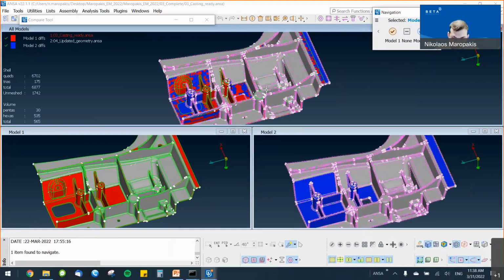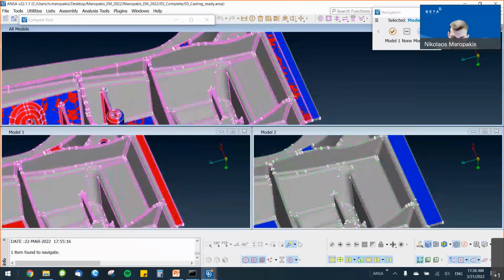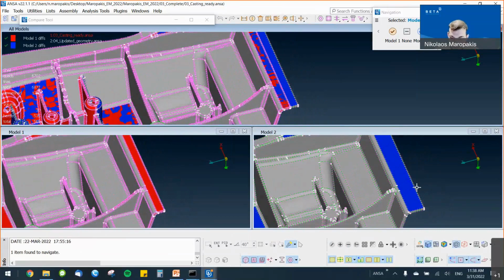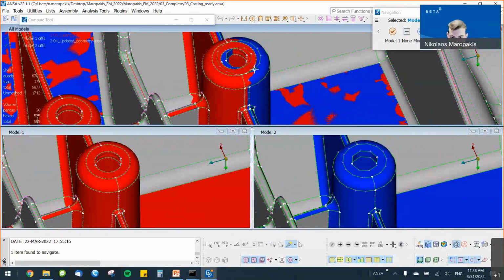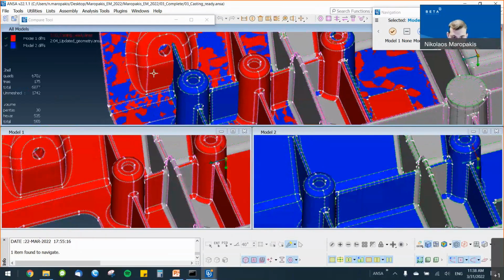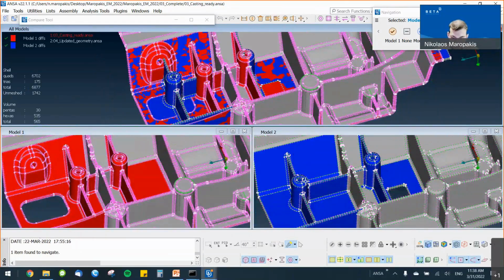Here we can see the one on top of the other, and we can see here, for instance, that this area is colored because the flange in the updated version got wider. Or for instance, this tube here, it got moved 2 millimeters to the side. This bulky area was completely removed in the updated version, etc.